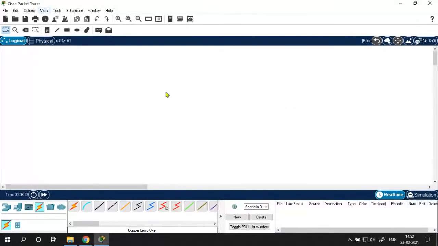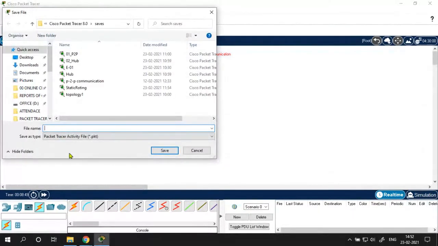Now let's see how you can connect computers. I want to implement a point-to-point communication. We will be implementing a point-to-point communication. All right. You can save this topology, any topology, so that you can use it further.